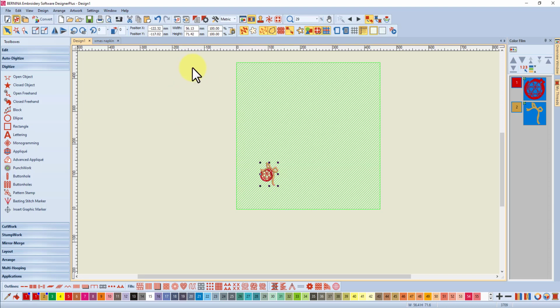So now I can bring in a guideline. If I think, yes, that's as high as I want to go with that design on that corner, I can bring in my horizontal guideline, which comes from the left hand side ruler. You just click in the ruler and you can come down. You can move your cursor out into the work area, but you need to click in the ruler to get it started, and just bring that guideline down till it crosses through the selection handles of the design and drop it. And then you can read on here on the ruler